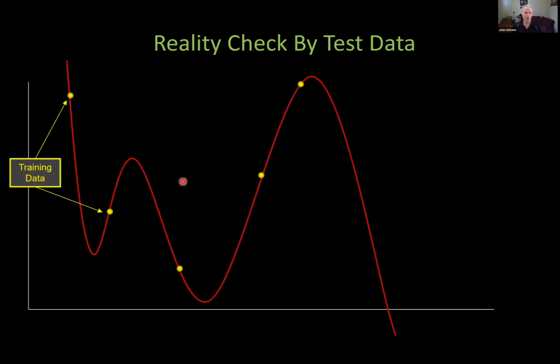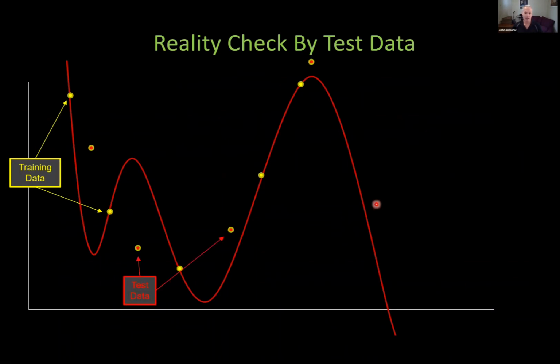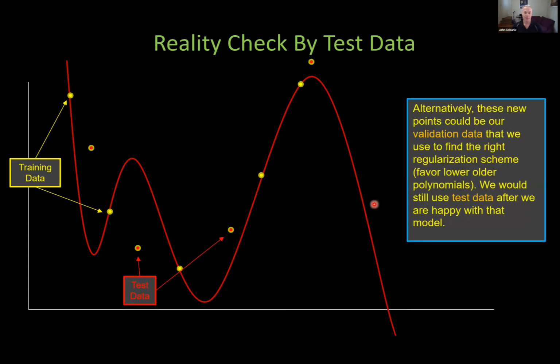So again, our training data is going to let us generate different curves here, and our test data is going to be the reality check. And if we make a mistake and use our test data, we can end up with an even worse problem. For our first pass, our validation data is going to let us find better and better values of lambda, by setting this data off to the side. We're going to use that to come up with a good value of lambda, which is going to give us a good curve.